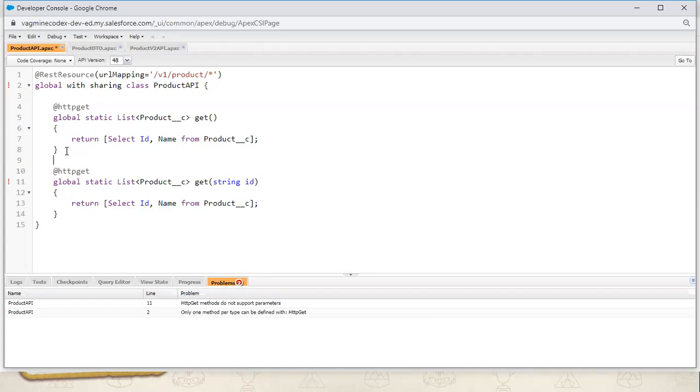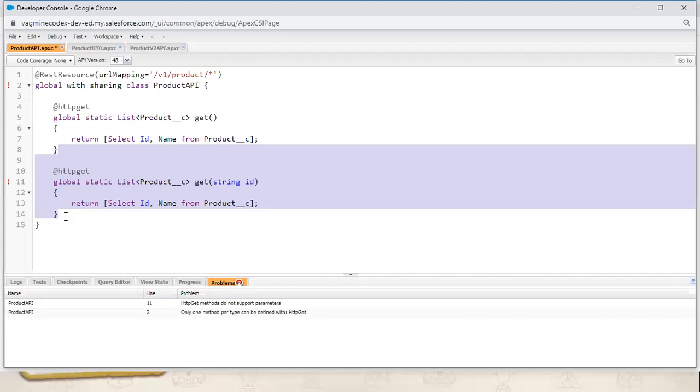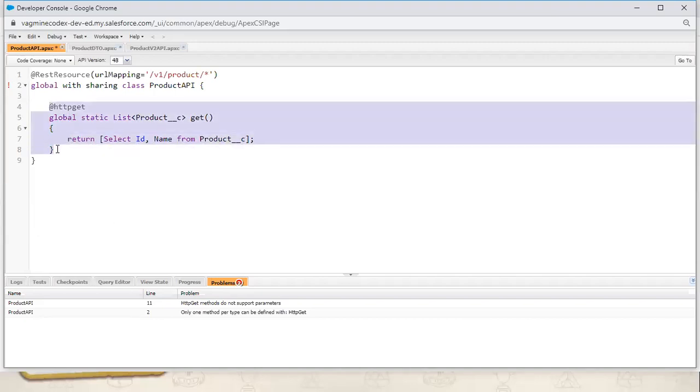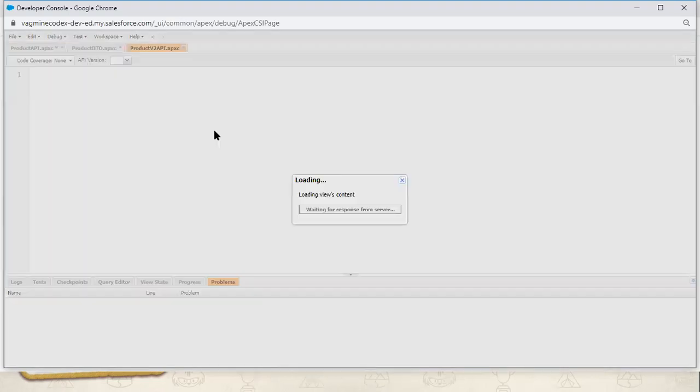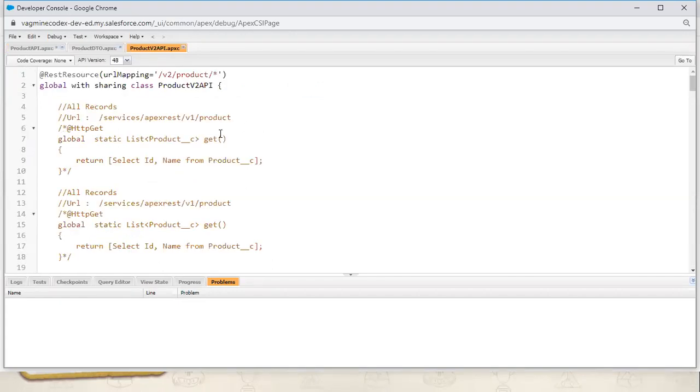So what do we have to do? We have to use the same GET method and extract the ID from the URL. As I told you, for accessing any endpoint the endpoint URL is the most required thing, and we can pass the parameter in the endpoint URL. So we can pass the ID in the URL and extract it. Let me show an example of how we can do this.